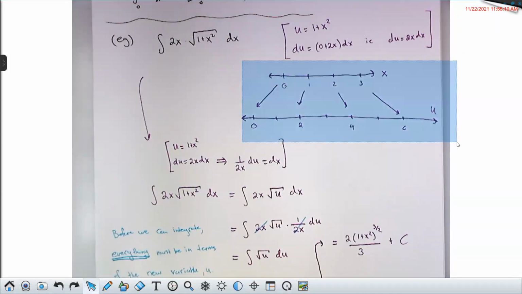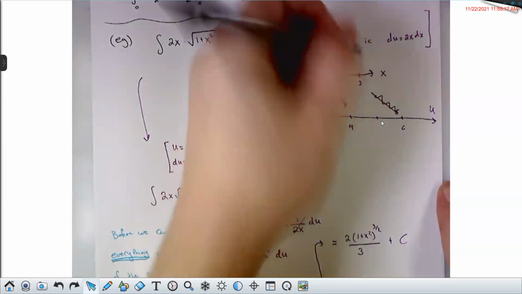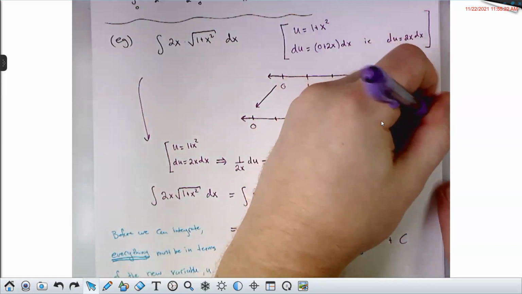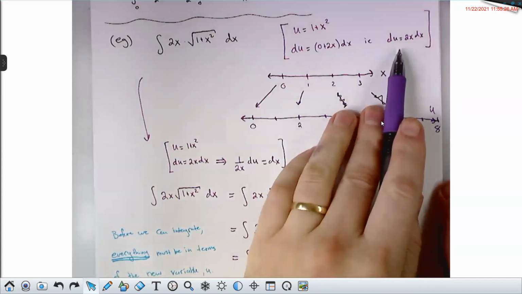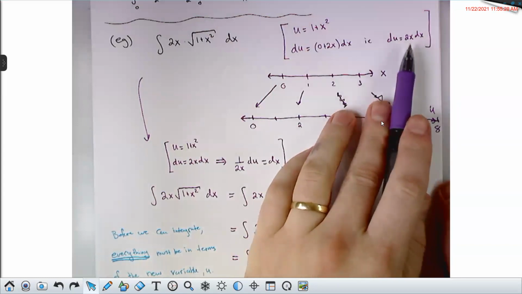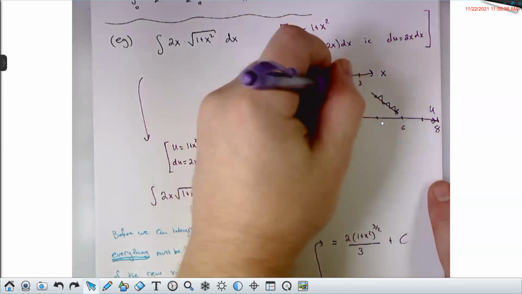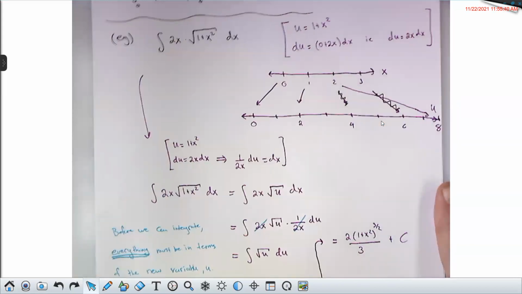Okay, real quick, the thing I noticed here, this picture is actually not correct. Let me retcon some of this. Put 8 over here, 7, 8. Du is how much we're stretching by. So du is 2x dx. So 2 would get stretched by a factor of 2 times 2, which means 2 is going to get sent all the way over here to 8. 2 gets stretched by a factor of 4.